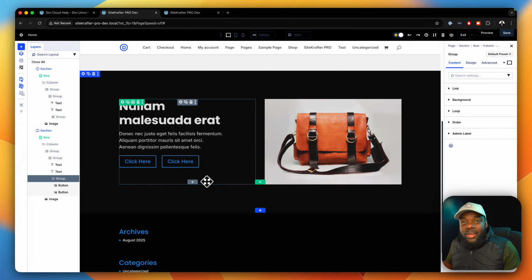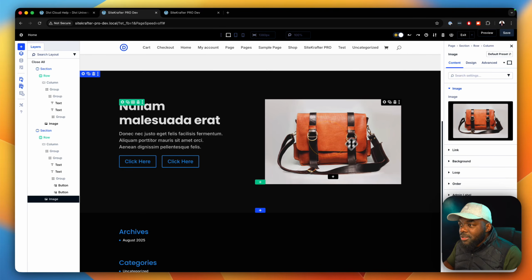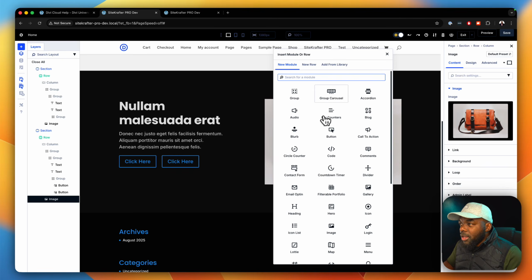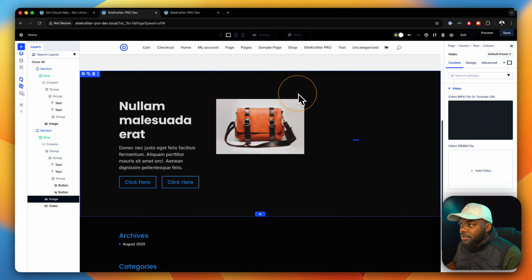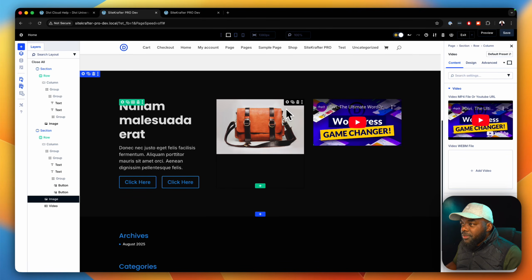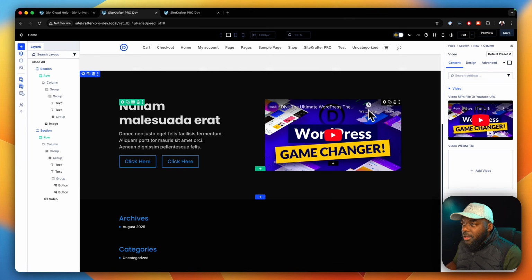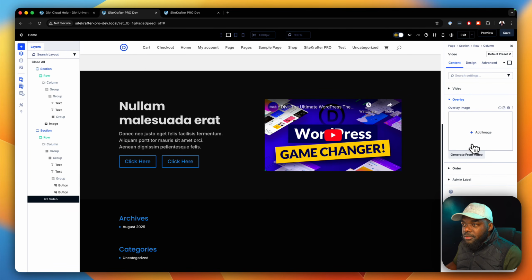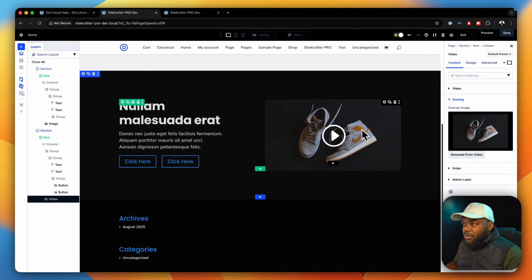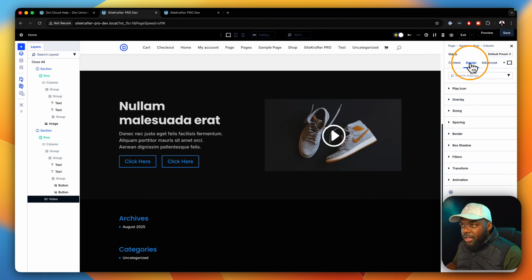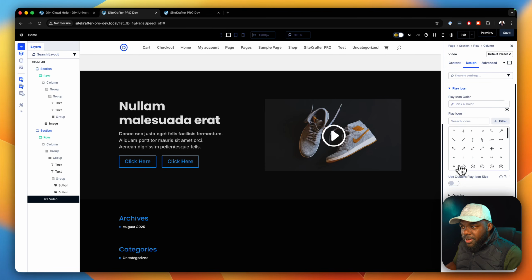So let's say you want to create a totally different layout, but with a similar structure. Perhaps you want to exchange this for a video. You can just come over here, search for your video, save that. Let's get rid of the image. And now we can go into the video here, add your overlay. And let's use this image here as an overlay, or maybe this one here, something different. There we go. So now we have this as an overlay,